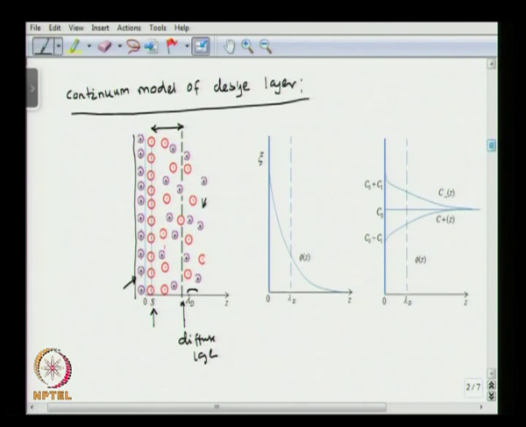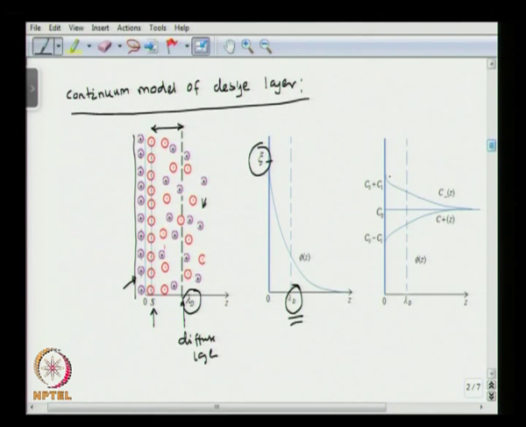And lambda d is representing a length scale where the potential vanishes to 0 from the zeta potential at the Stern layer. So you can see the potential at the wall, or at the Stern layer, is given by zeta, and it vanishes to almost 0 at the Debye layer length scale. And if you look at the concentration of the charges,